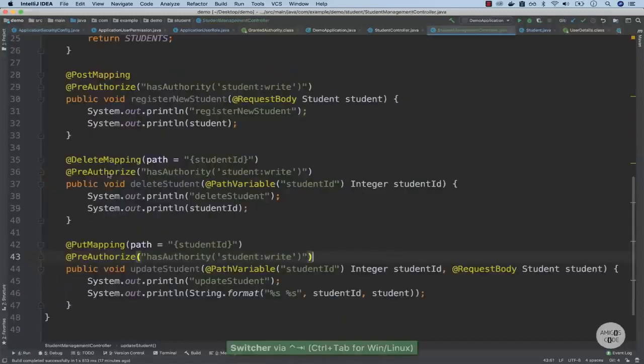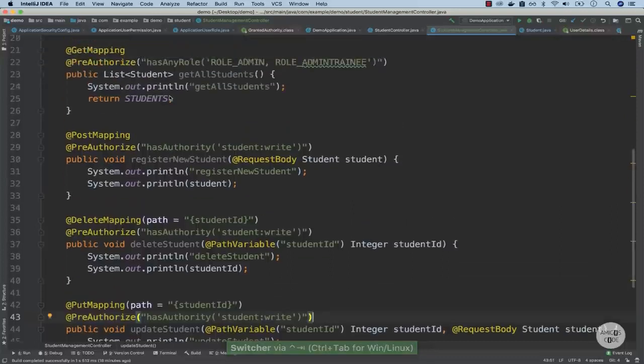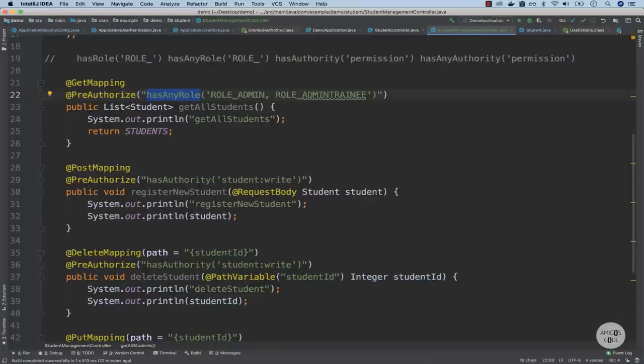Now we have these annotations right here, @PreAuthorize with hasAuthority, and right here with hasAnyRole. In fact, I'm missing some quotes right here, single quotes on either side like that. So this is like an array, one element and then the second element. We have these annotations, PreAuthorize with some conditions inside, but we have to tell our configuration that we want to use these annotations